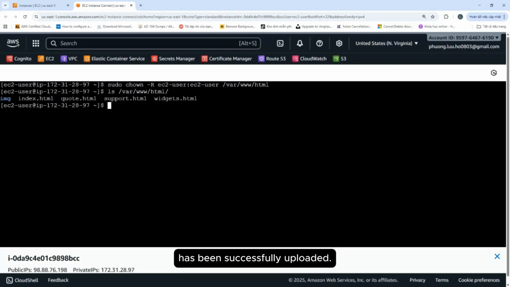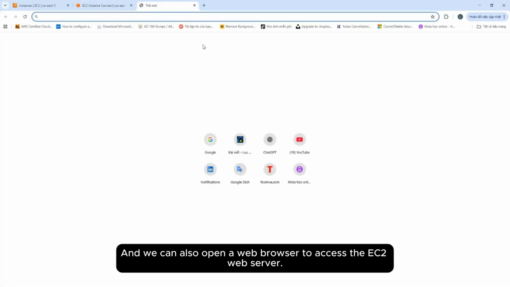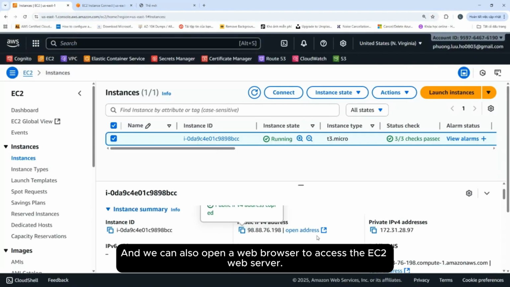Okay, and we can also open a web browser to access the EC2 web server.